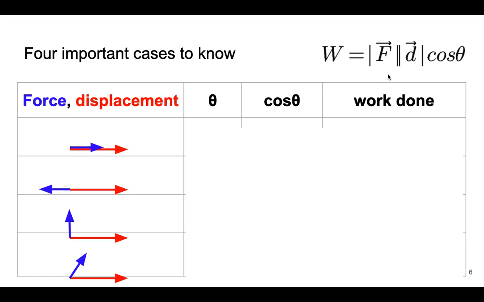which means what kind of work is going to be done here? Well, we've got the magnitude of the force. The magnitude has to be positive, times the magnitude of the displacement, which is also going to be positive, times cosine of 0. Cosine of 0 is 1. So positive times 1 is going to give you positive work being done in this case. Now, the next case,